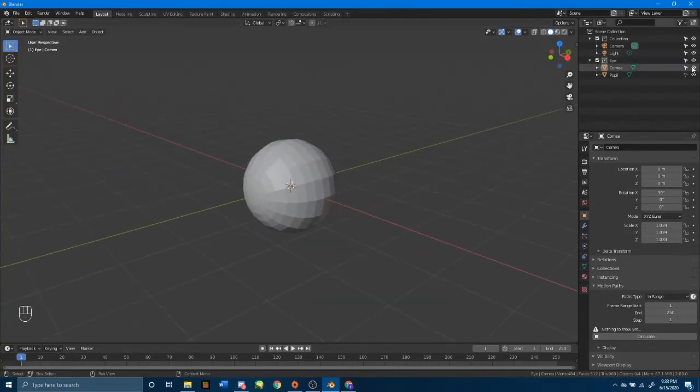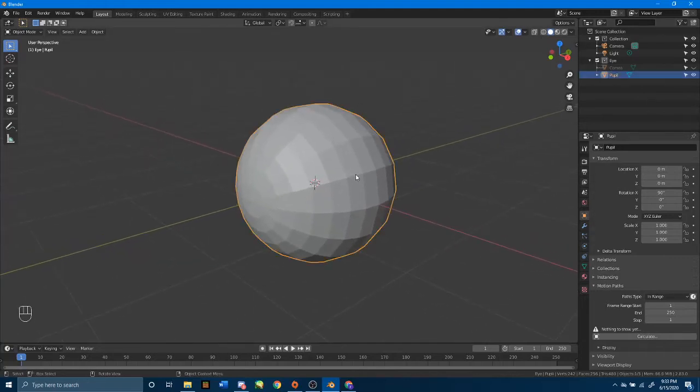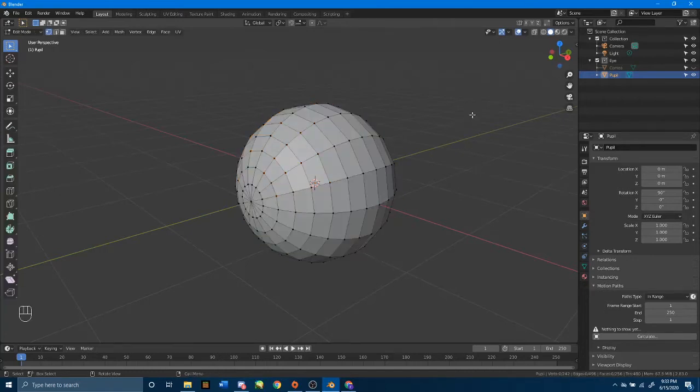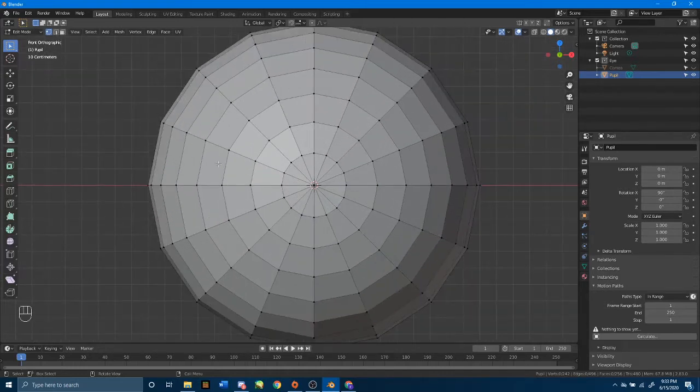Go ahead and hide the cornea, and then make sure that your pupil is selectable again. We are going to click on your object and press Tab to enter edit mode, and then deselect that. Then I want you to go to front view, press 1, and then with this face select tool selected,